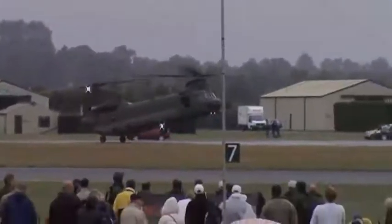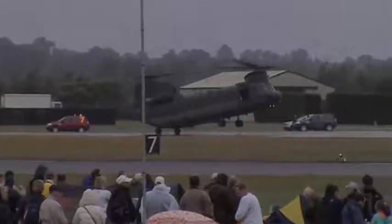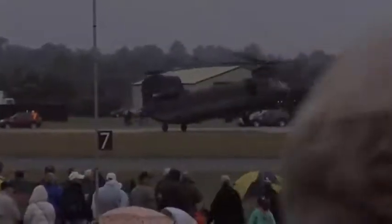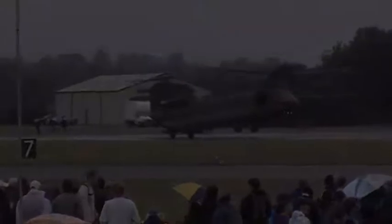Next we should see another fast jet. It's going to be the F-18 of the Spanish Air Force, another aircraft which has impressed us all week with his flat and full routines. I guess looking at the weather now, maybe his flat display, which on Friday by the way was